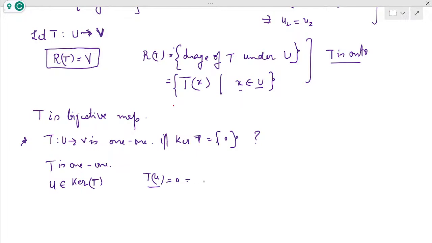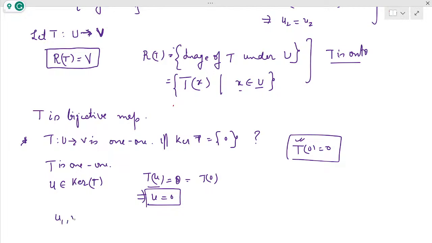Okay, and it is equal to what? Remember, I told you that if it is coming 0, then it can be 0. T is a linear transformation, and I told you that T of 0 happens to be 0. It implies what? It implies U should be equal to 0. So from one side it is proven, and now conversely, let us suppose that U1 and U2